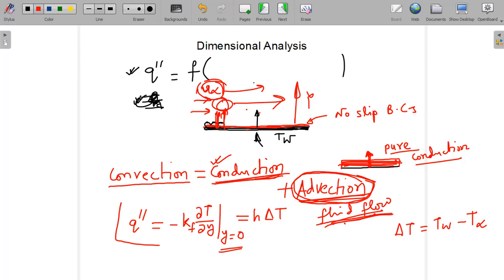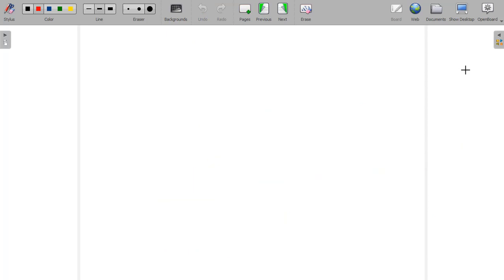So this is the relation that we can write to find out heat flux. Now try to understand on which factors this heat flux depends. So first of all, one by one, let us study the quantities. First, let us consider the distance from the leading edge. If this is the leading edge of the flat plate, and the distance from the leading edge at any location, you can understand, if the length of the flat plate increases,